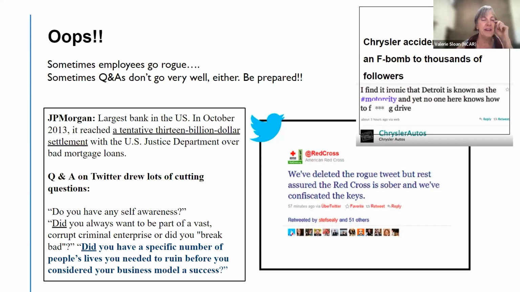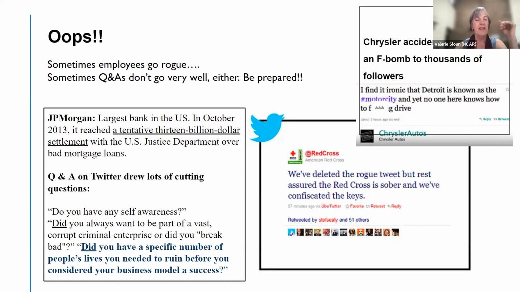Over on the left, there's JP Morgan, which is the richest bank in the US. It has done a lot of things that are not admirable to the people of the United States, including the whole bad mortgage bundling business some years ago, where they had to pay a $13 billion settlement for what happened, but it affected so many people.